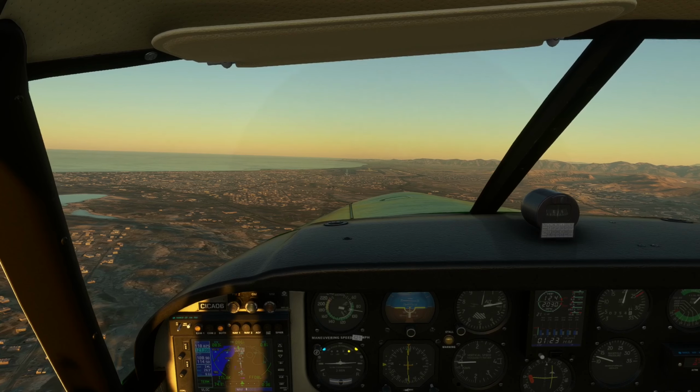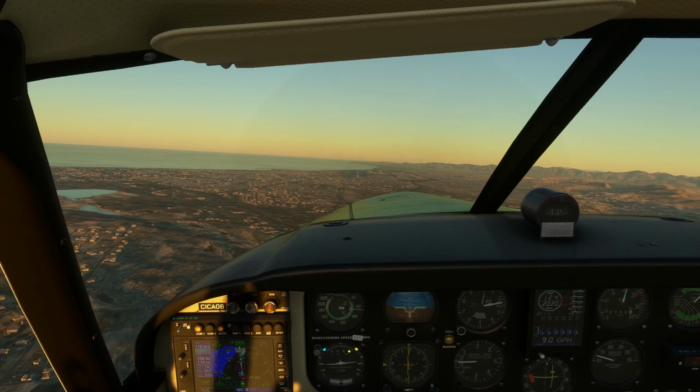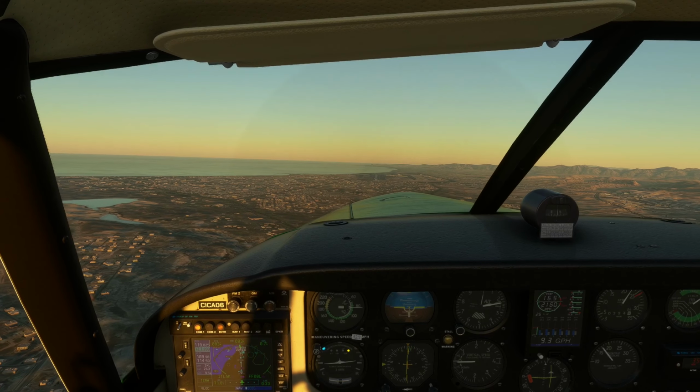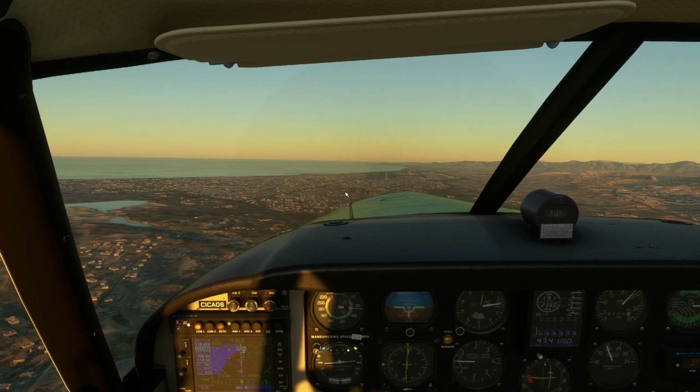So yeah, once we hit the next waypoint, we can start. Oh, I need more power, we're too slow. We can start descending,